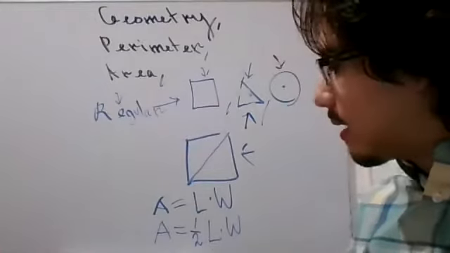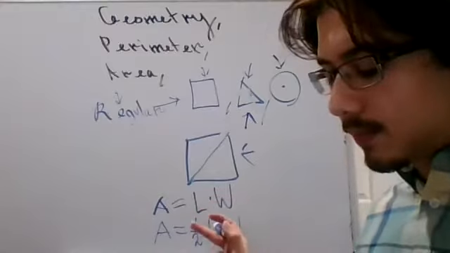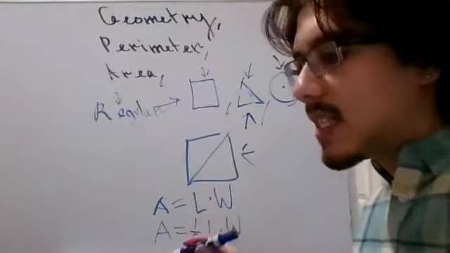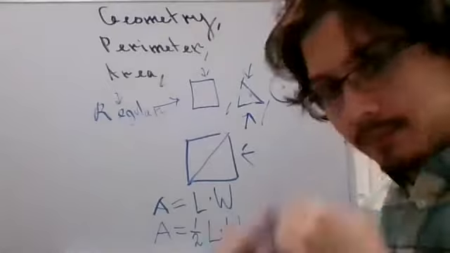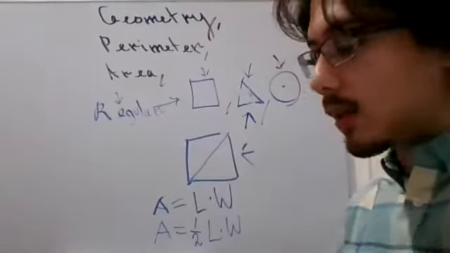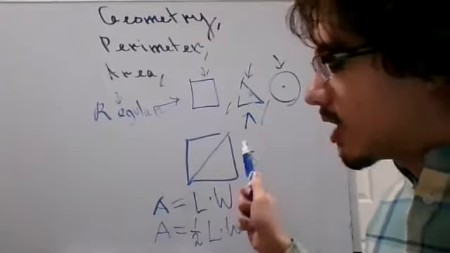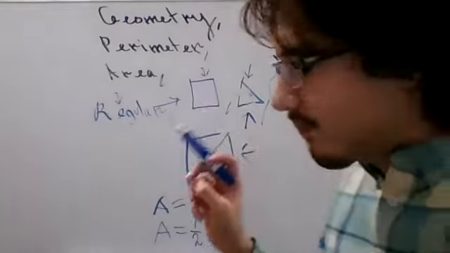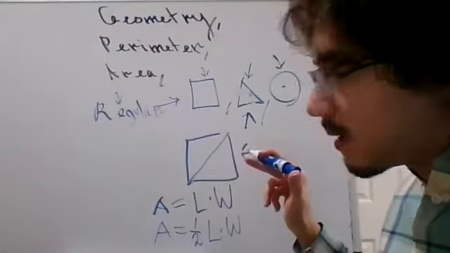Does everybody see that the area of a triangle is 1/2 length times width? Yes, sir. Okay. Does anybody see a connection? Very well. I told you before that when we find the areas of shapes, we particularly like to use triangles. As we can see here, the area of